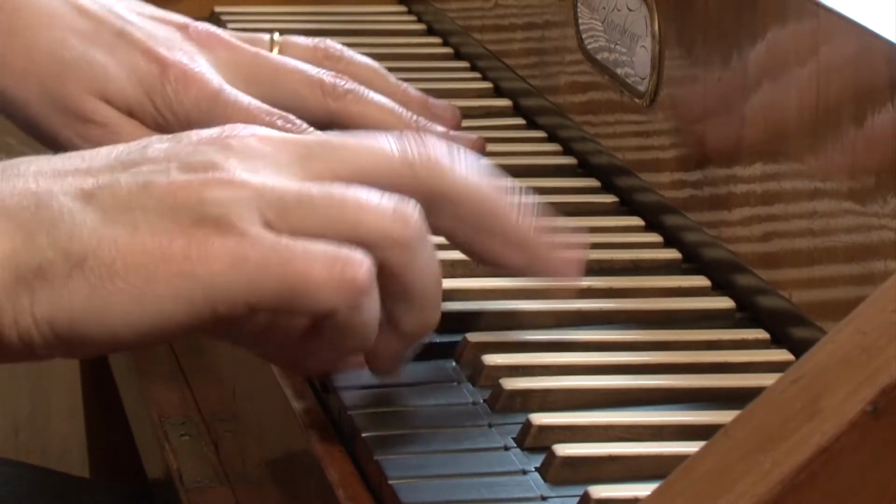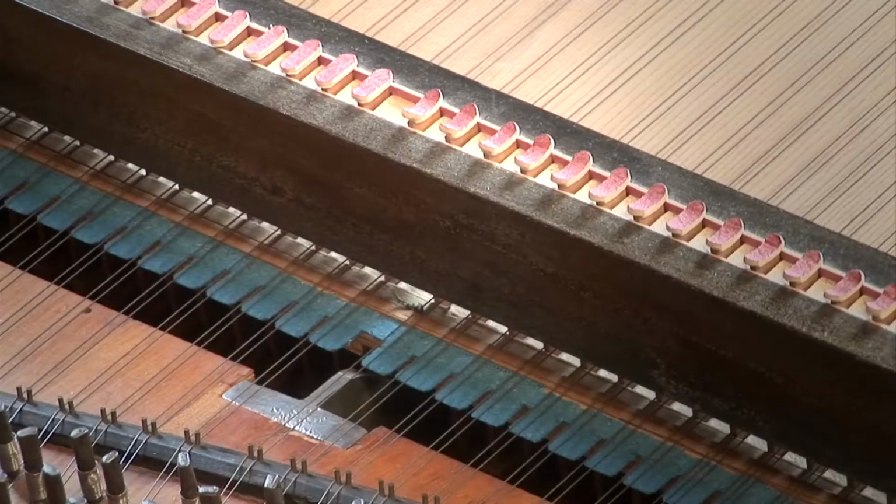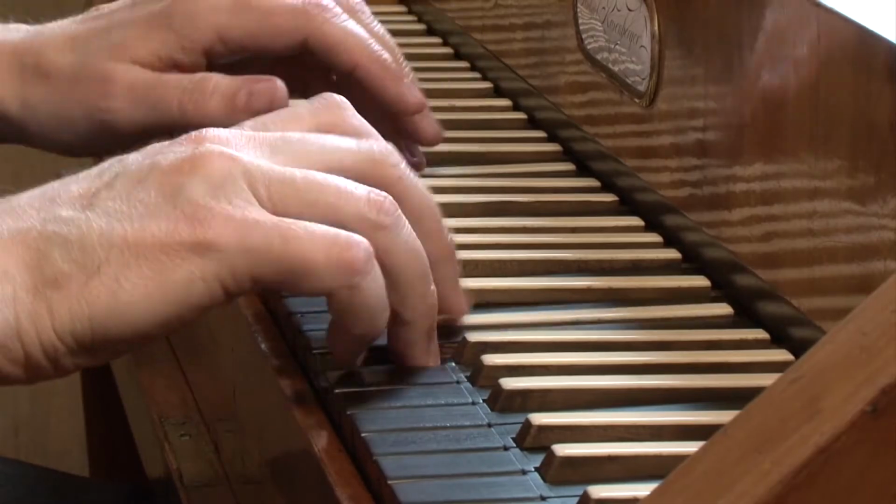The fortepiano I'm playing in the rehearsals and performance of the Kegelstatt was made by Paul McNulty in Amsterdam in 1987. It's a copy of a Viennese instrument made by Anton Walter in round about 1795, so slightly later than Mozart's own day, although Mozart owned a fortepiano of 5 octaves by Anton Walter, which he bought in 1782 or